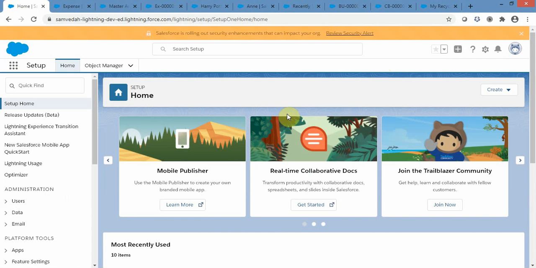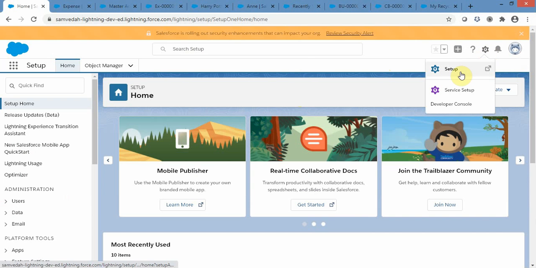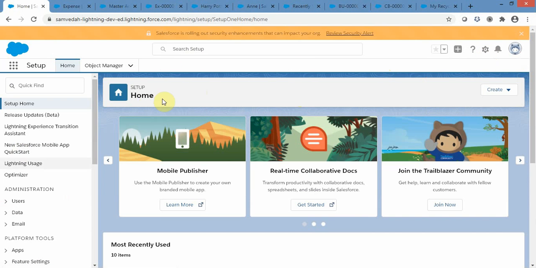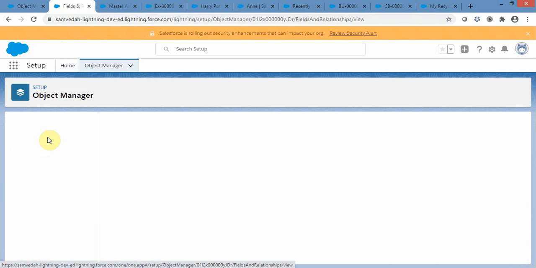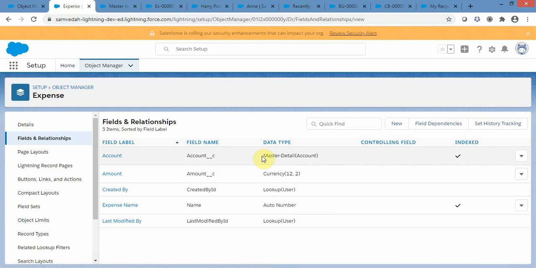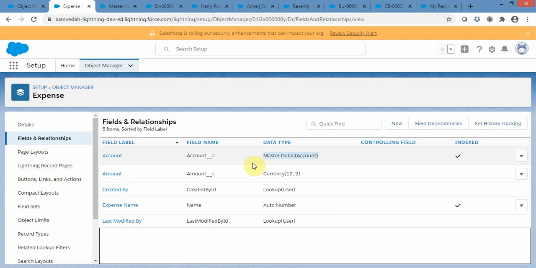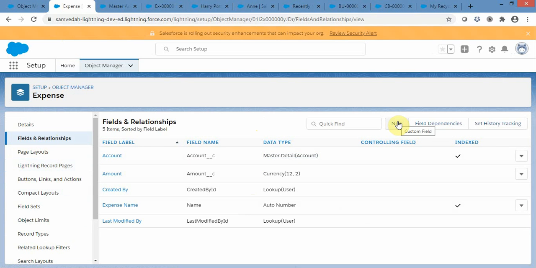So I am logged into Salesforce and I have navigated to the setup homepage. You can navigate to setup homepage from this setup gear icon and click on setup. Once we are in setup homepage, click on object manager and from here we navigate to the expense object. If we need to create a master detail relationship, then we need to click on fields and relationships. I have already created a master detail relationship in the expense object, but I want to show you how to create that one. Click on new